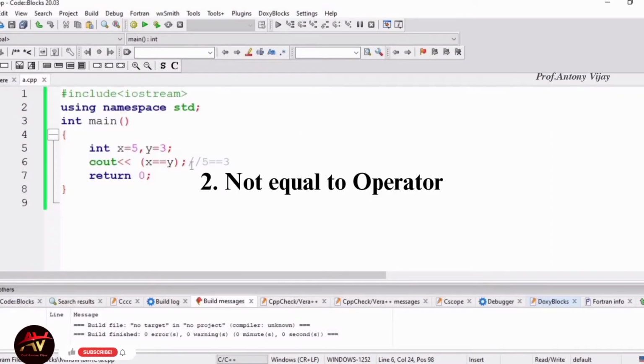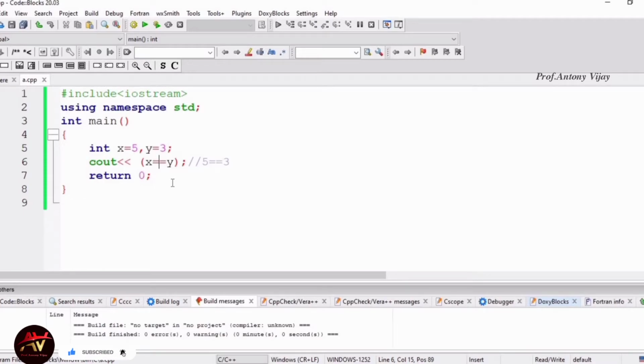The second operator is the not equal to operator. I just want to replace this equal to operator with not equal to. For that I replace one equal symbol with a not symbol. To insert the not symbol, we have to press shift and 1. This is what is called not equal to.